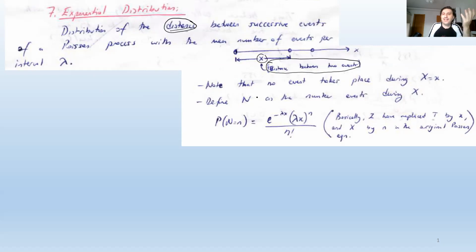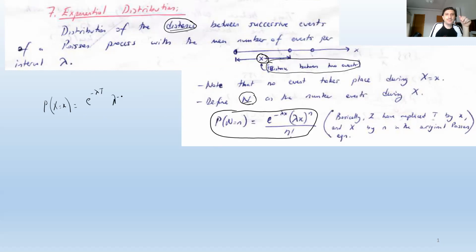So we are going to define a Poisson random variable, but instead of calling it x, we are going to call it n, because we are going to reserve the name x for the distance between two calls. Anyway, the Poisson distribution is simply equal to this. Basically, there is nothing new under the sun. It is just that I have replaced x here with n. That may cause confusion for those who remember the previous notation for the Poisson distribution.